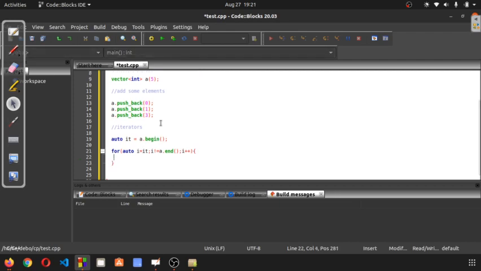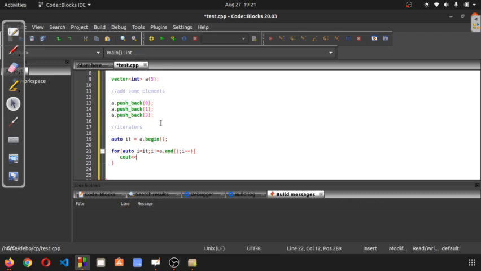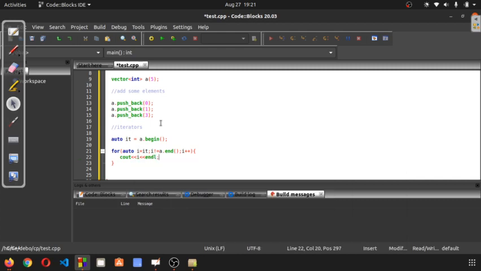Now I will print the element. It will end the line. Now if we build it,